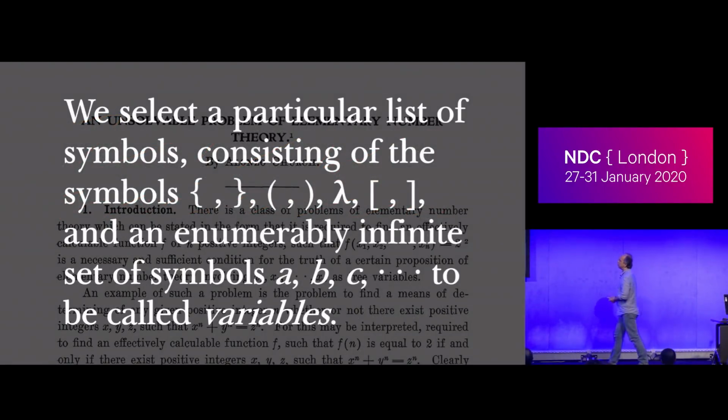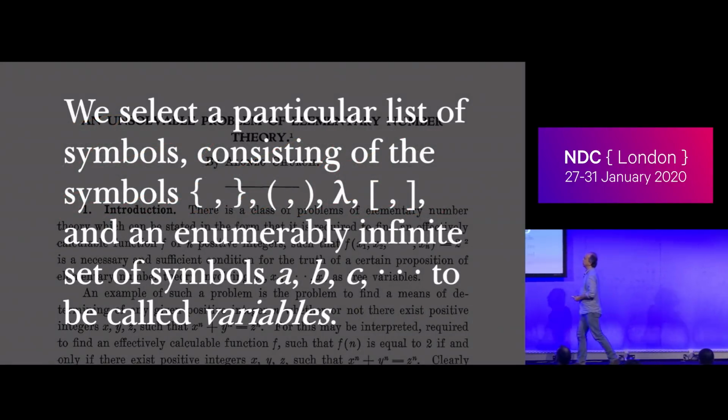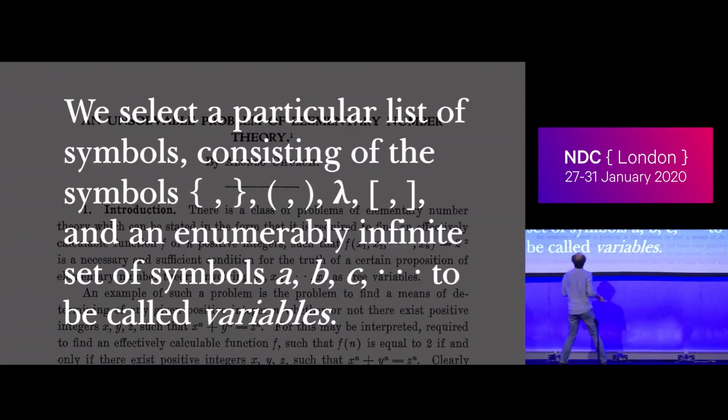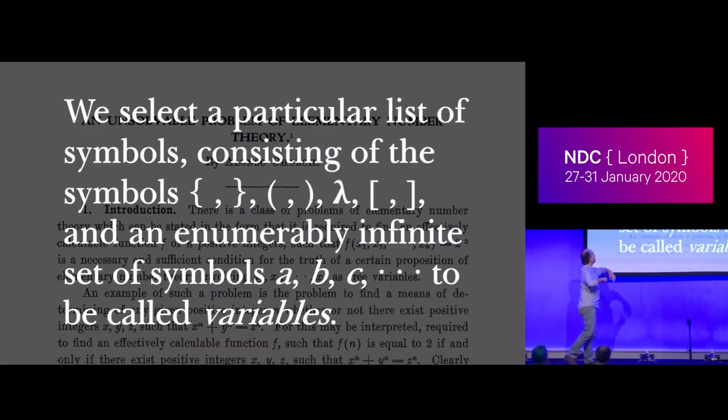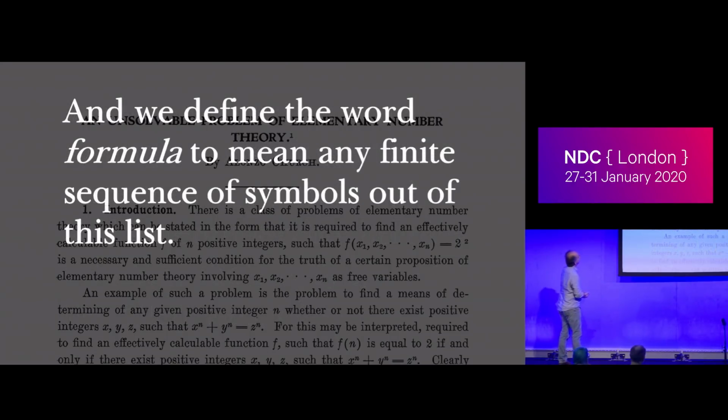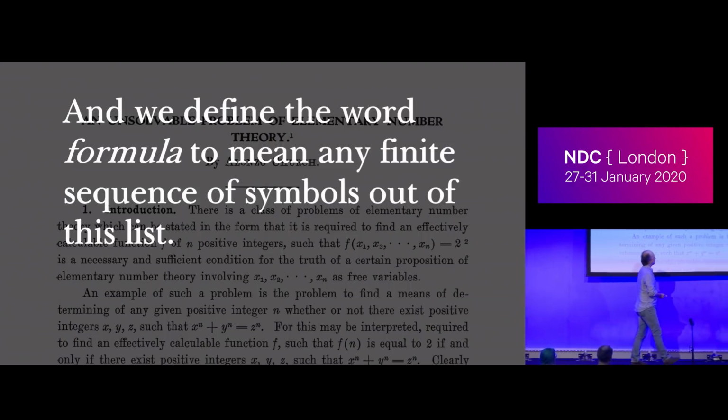So what was Church saying? Oh, he said, right, okay, so we select a particular list of symbols consisting of the symbols open, close curly, open, close parentheses, lambda, square brackets, and an innumerably infinite set of symbols, A, B, C, etc., to be called variables. And we define the word formula to mean any finite sequence of symbols out of this list. Now,